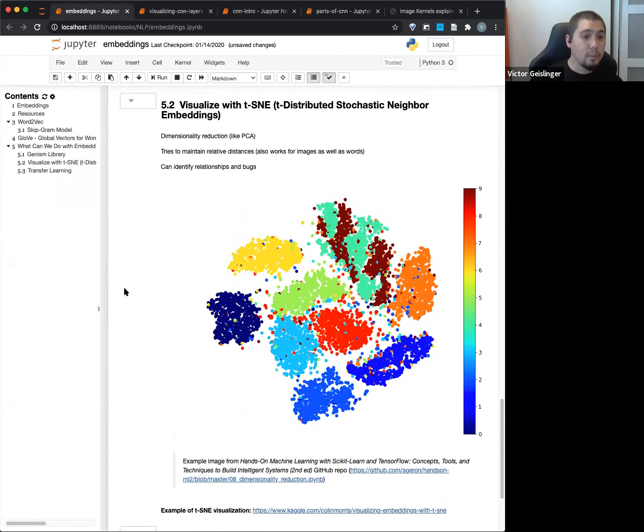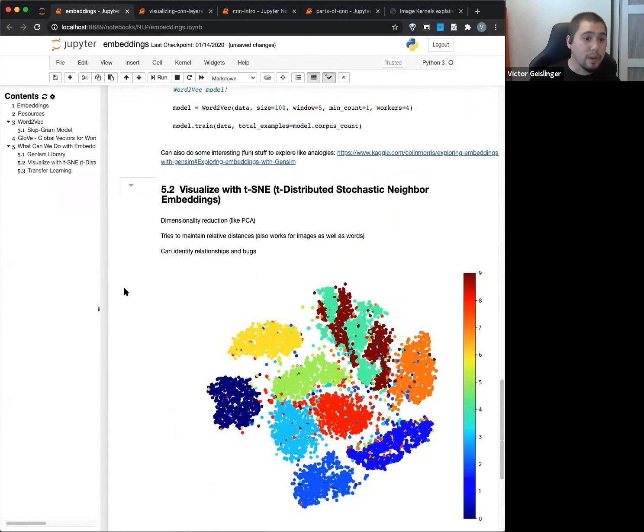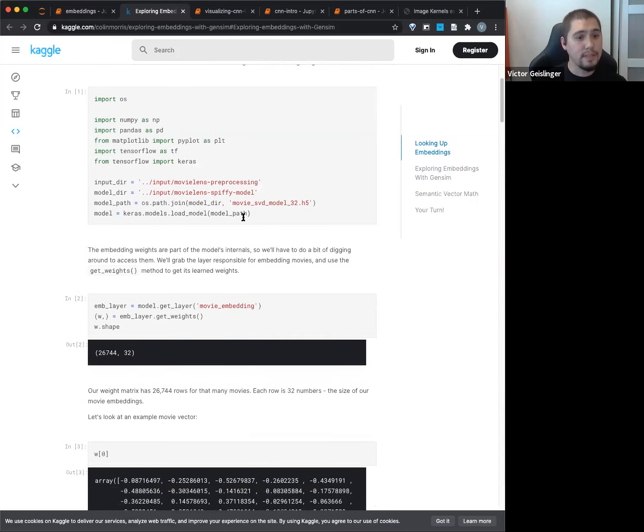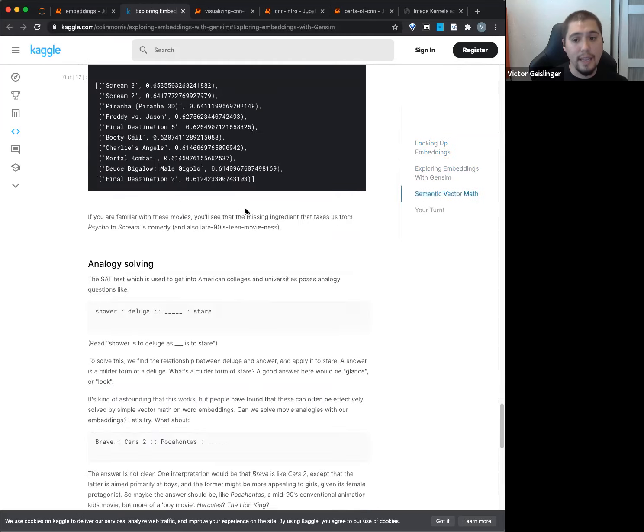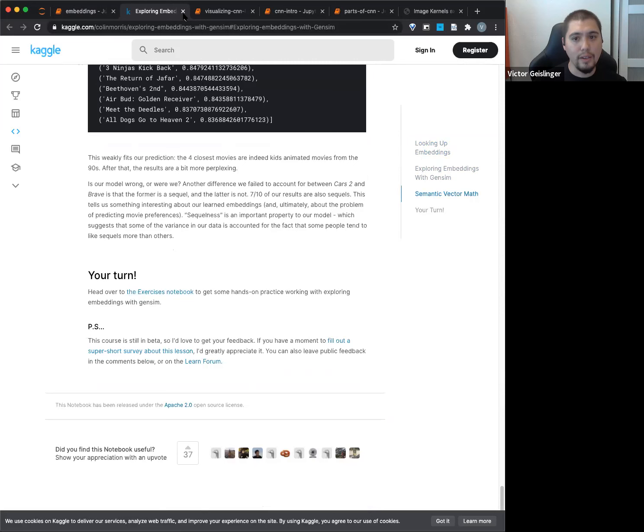Just to give you a little preview, one thing that we'll look at is something called t-SNE. It's a really cool way to visualize embeddings and stuff like this. And so we'll actually go through a Kaggle notebook, this Kaggle notebook, next time and see a little bit of what this goes through. What's kind of cool is that it's not actually natural language processing by itself. In this notebook, the data scientist actually uses movie ratings, and based on movie ratings and who liked them, determines how they relate together. It's a pretty cool set of notebooks. So we'll do that next time.